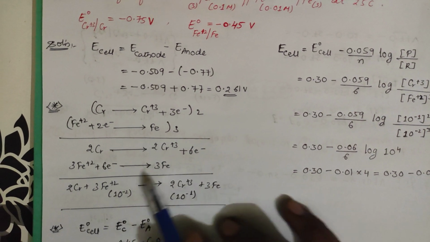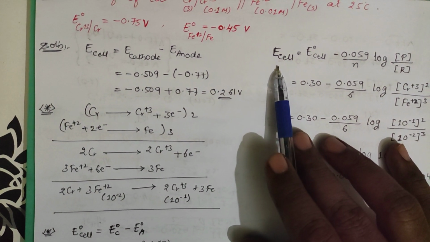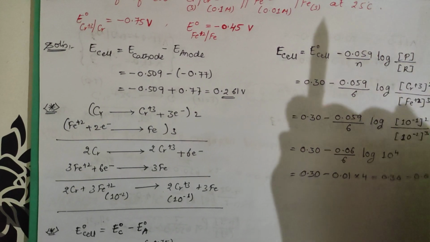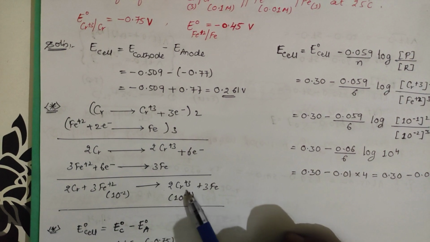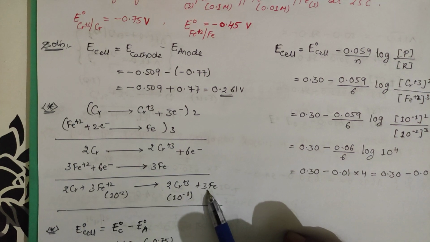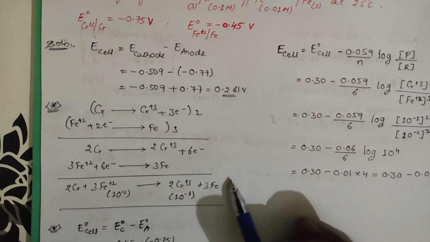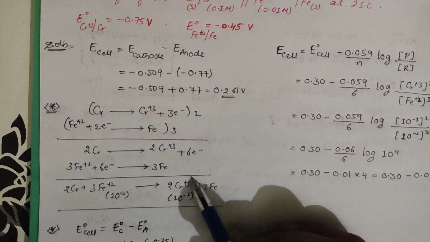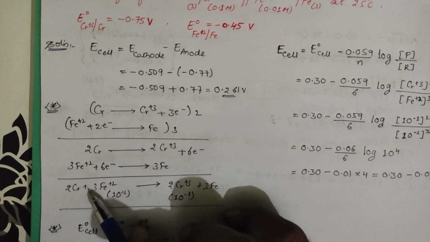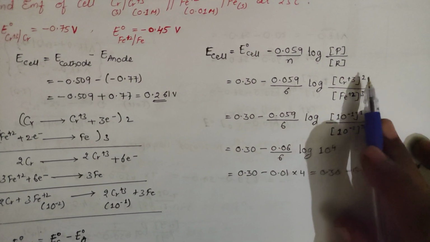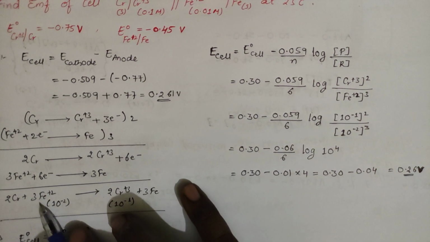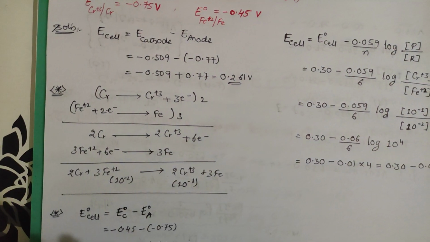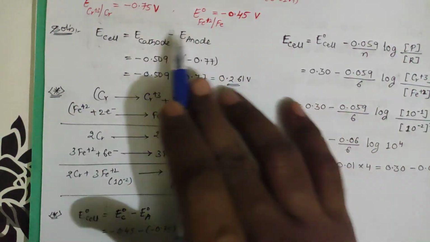So now for this, if you want to write E of the cell, okay, E of the cell will be equal to E naught of the cell minus 0.059 by n log products concentration by reactants concentration. See, in product what you are having? 2 chromium plus 3, this one, right? 3 Fe. What you will be getting? Fe whole power 3 you will be getting, because iron, this is solid, no need to take. Here also chromium, no need to take. So product concentration is Cr plus 3 whole square by Fe plus 2 whole power cube. See, product is Cr plus 3 whole square because you are having the coefficient 2 here, Fe plus 2 whole power 3. And E naught of this cell, if you want the E naught of this cell, what you should know, from these two you will be calculating, right?